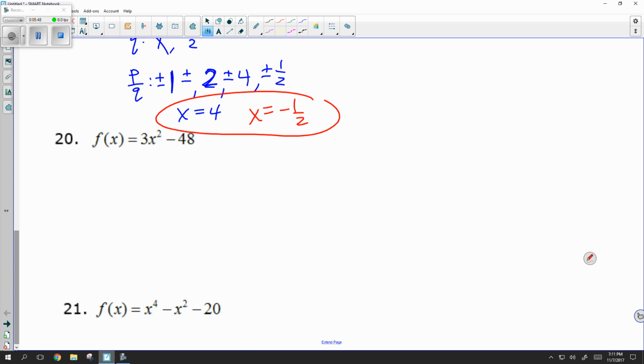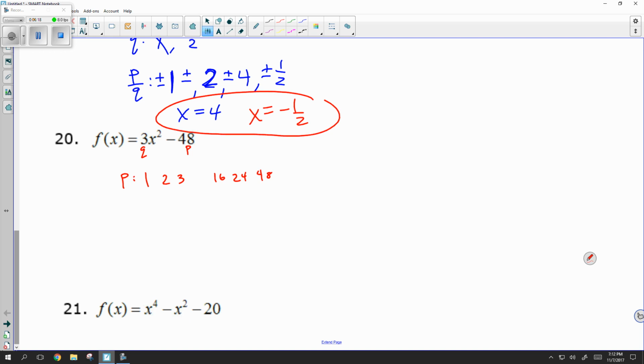Next question. We can do it the same exact way again. Here's P. Here's Q. P is always the constant term. That means it's the one that doesn't have the letter. Q is always the leading coefficient. That means when it's in order from the highest exponent to the lowest, Q is the number in front of the highest exponent. So the list for P, 1 and 48, 2 and 24,